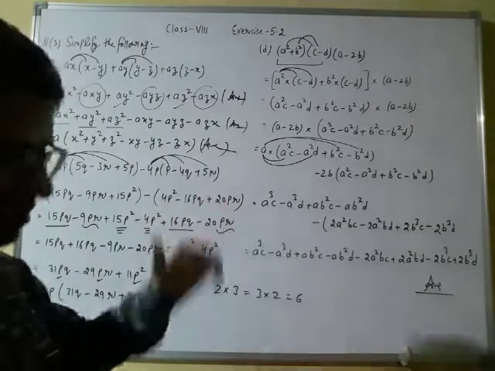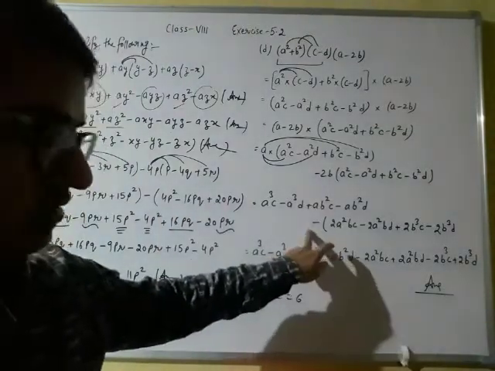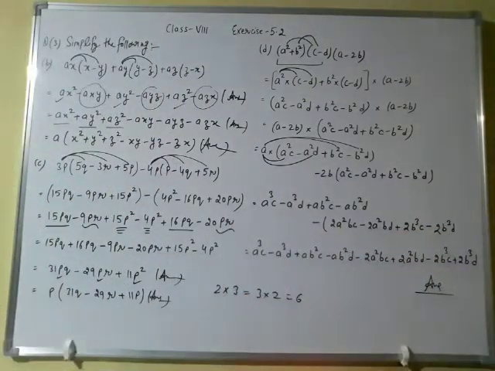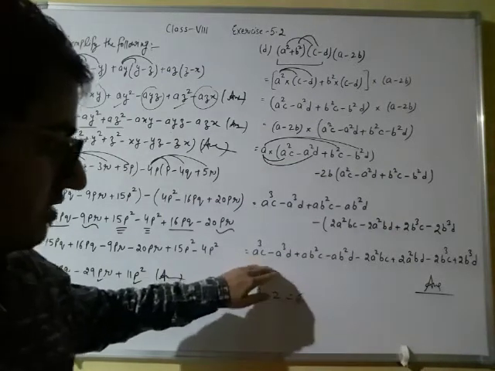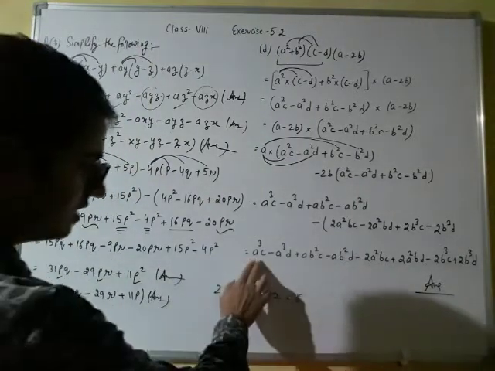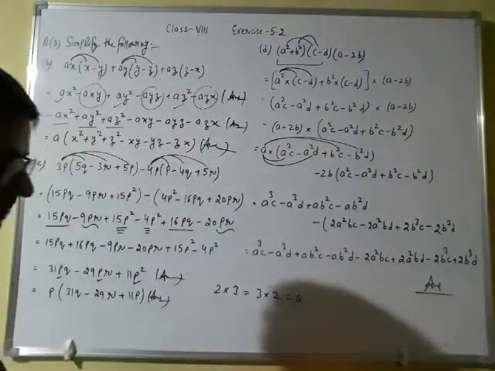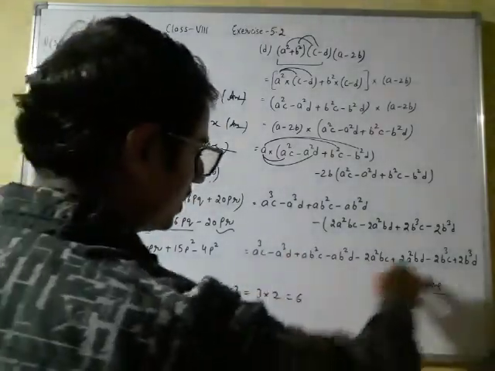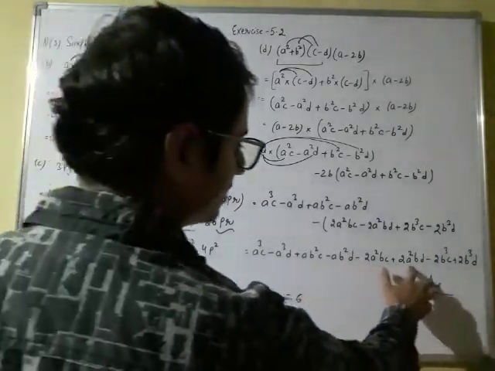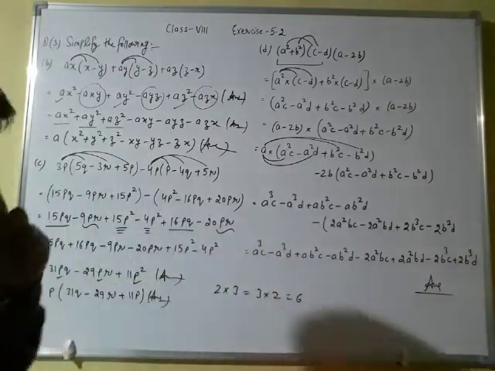Now in our next step we will open the bracket, and after opening the bracket, due to this subtraction operation, the sign of all these terms will change, and here we can see that all the terms are unlike terms. A cube c: if we try to locate a cube c, there is no a cube c further. A cube d, there is no a cube d. How many terms are there? 1 2 3 4 5 6 7 8. 8 terms are there, but a cube d is present only one time.